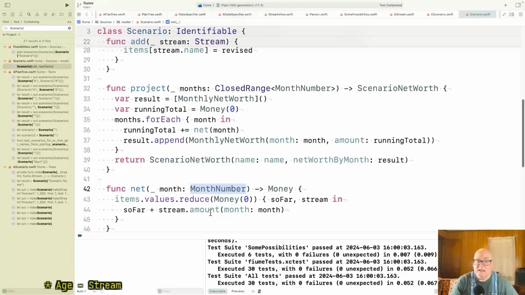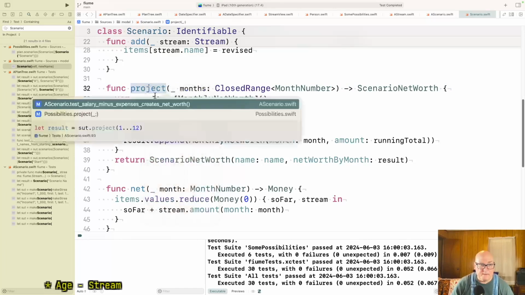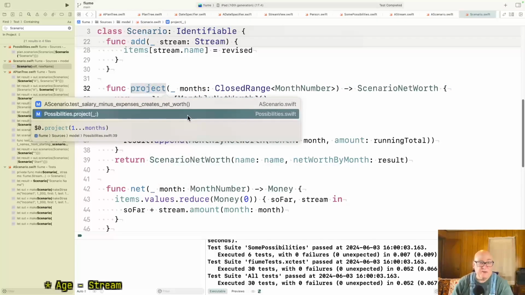So that tells me we'd made month number, but we didn't really enclose it too well. There are too many places that know it's integer type. Okay, so project, I'm going to find colors of that. We know possibilities. Yeah, that's the only color, right?